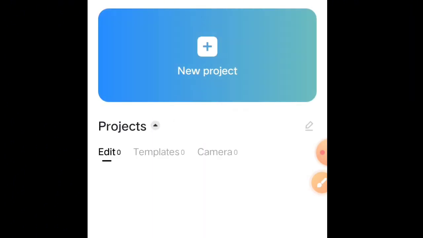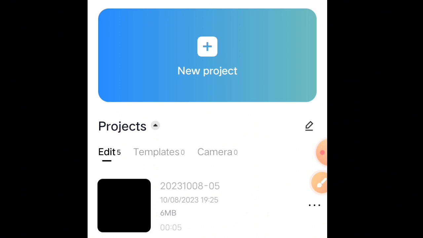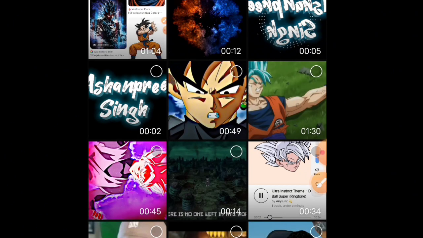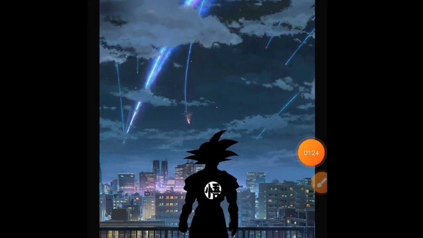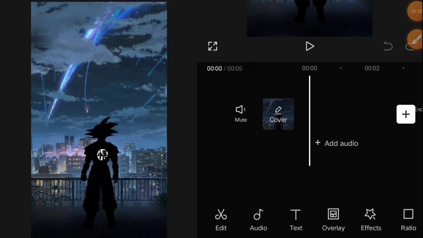This CapCut, open it and create a new project and choose any background, and I'm dividing it into two parts to explain clearly. And first,